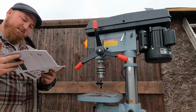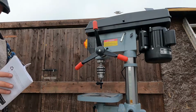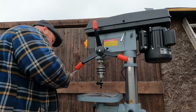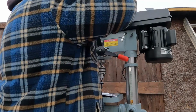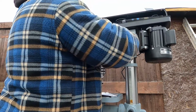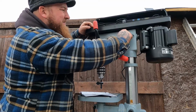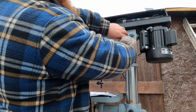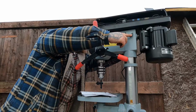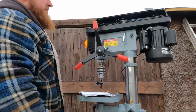Oh, let's have a look at the belts. See if there's anything to show. Done, done, done, done. Table swivel, done. Belts. Oh, the belts are already on, look. And they just need this handle here. Give it a good old push, and then tighten the screw up on the side here. There's one on the other side as well. So lovely. All right,